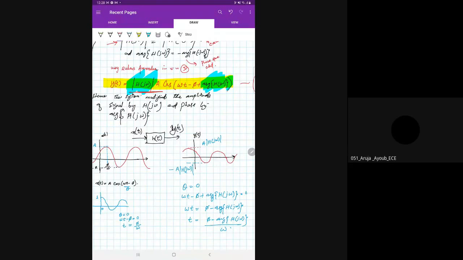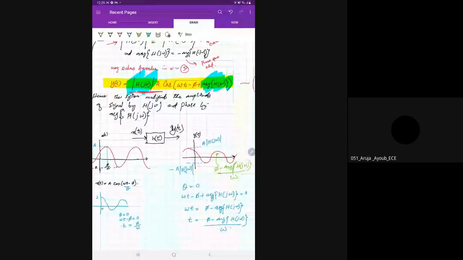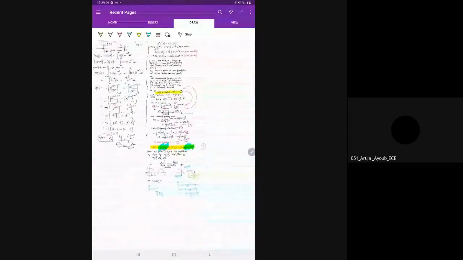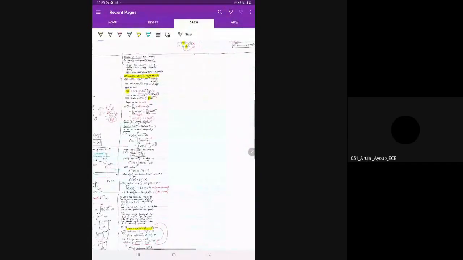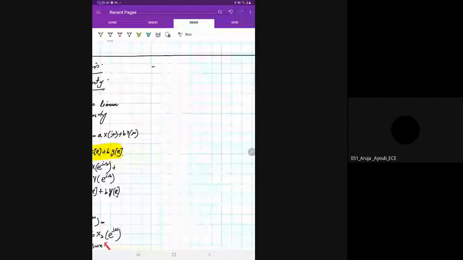Okay, so wherever there is a phase difference, we draw it using green now. Wherever there is a phase difference, it will be equal to phi minus argument of H of j omega divided by omega. That is the phase difference in the signal, or in this waveform. All right, so this was the linearity and symmetry property. So we'll go for another property known as